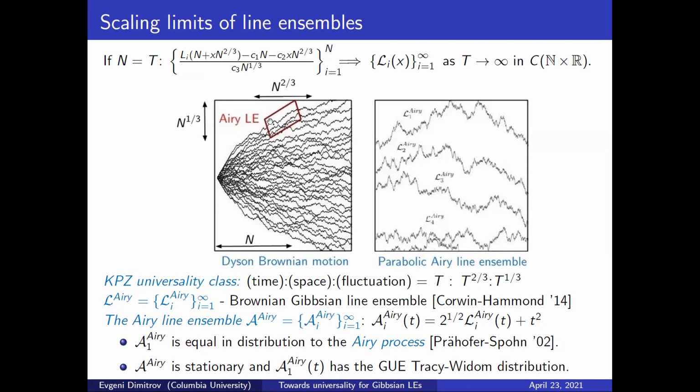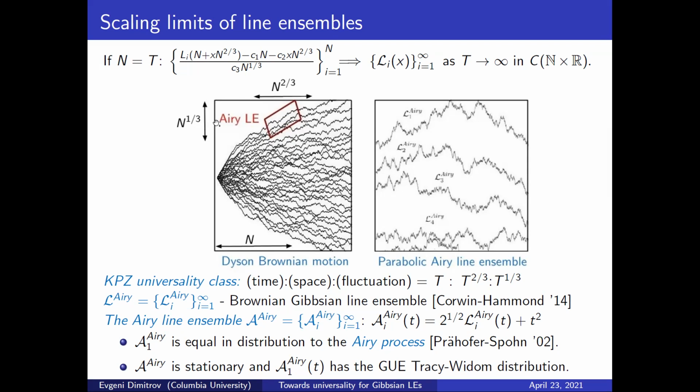Now, because the paths are conditioned on avoiding, they are going to repel each other. So that is going to shift the edge of this ensemble deterministically by order n. So in order to get a non-trivial limit, we need to shift by some constant times n. In addition, you will again have a local slope in the model that you need to subtract here. And then you need to horizontally rescale now by n to the 2/3 and vertically by n to the 1/3 in order to get a non-trivial limit.